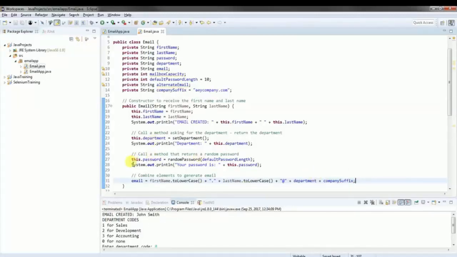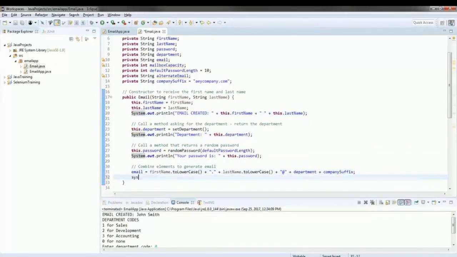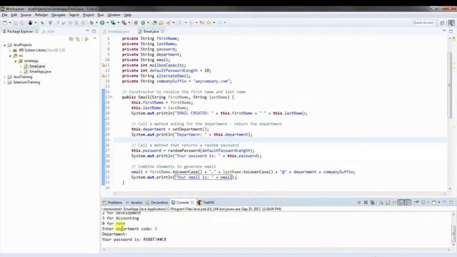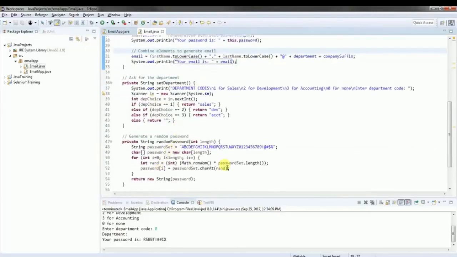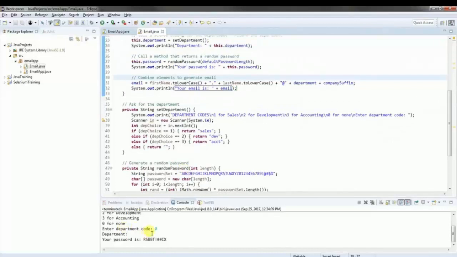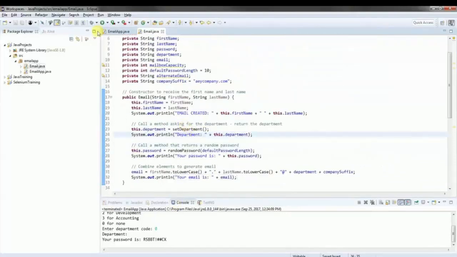Now let's make sure this works. Let's leave this in now, and later on we'll create a method to display everything. And so now we'll say sysout your email is concatenate email. I don't want to be printing a bunch of things here. Why is that department? Okay, so that's none, right? In case it's none, then we're not going to have a department. Okay, so we can run this, and